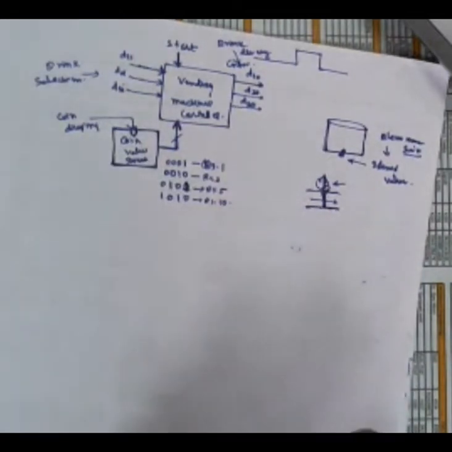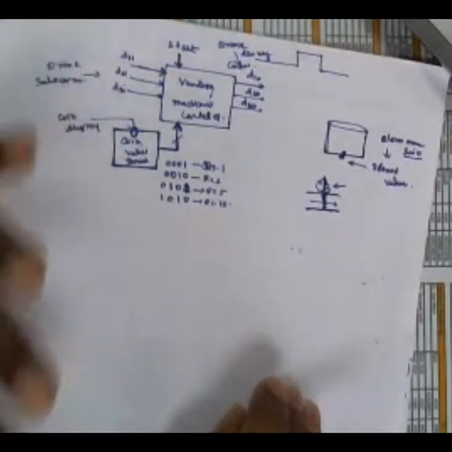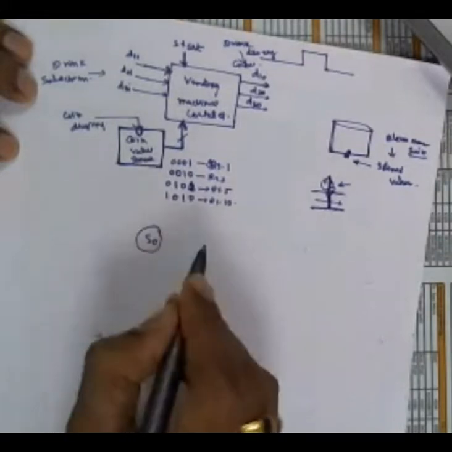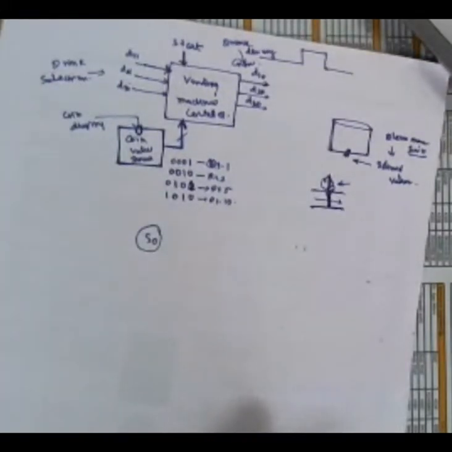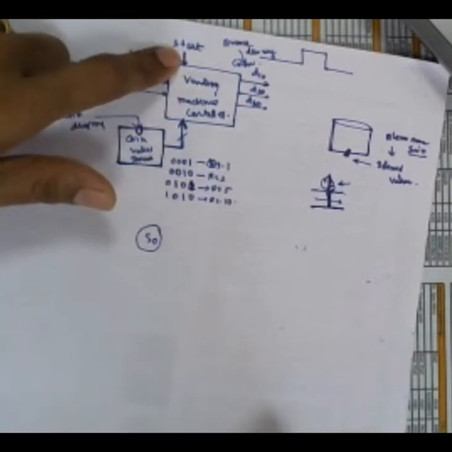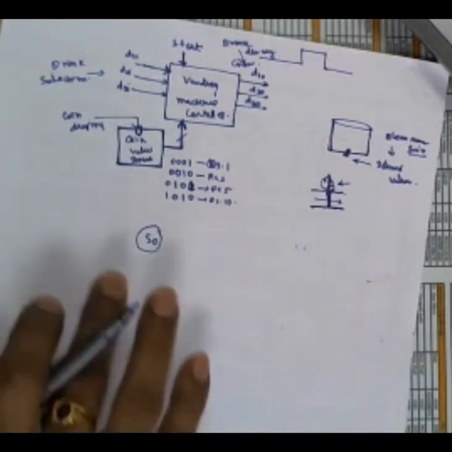See, so what is the flow now? First, the start should be on. To initiate all this control, start should be on. So in the vending machine control, it has to be displayed: first step, press start button. Second, drop your coins, right? So our system should be in the S0 state as long as the start button has not been pressed. Once it gets pressed, then it should go into some other state. As long as the start button is 0, no pulse is coming, you understand? Then it should be in the same state.